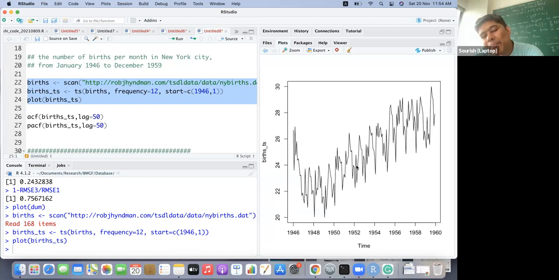My suggestion is keep it. What will happen? See, if you eliminate the first year, it will probably show a very good fit. But if you keep it, it will show bad, but it's okay. It's just a learning experience. I'm not going to hack you down for this. Your fit is not doing so well? It's okay. It's just an intellectual exercise, right?